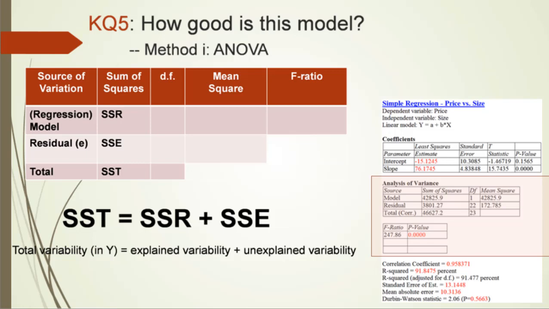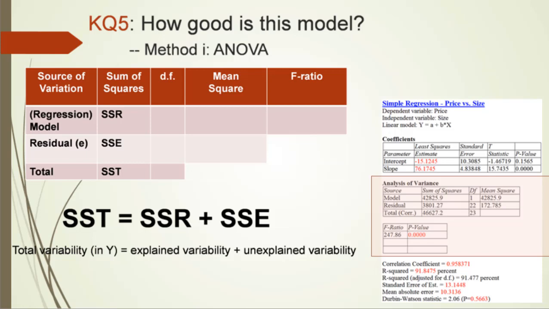The part of variability that can be explained by our regression model, and the part that cannot be explained by the regression model. The part that can be explained is denoted as SSR, where R comes from regression model. The unexplained variability is left in the residuals. You may remember from the previous video that we use e to represent residuals, so this is also called SSE. Therefore, SST is the sum of SSR and SSE. You could also add up SSR and SSE in the table on the right to see whether their sum is the SST given in the table.